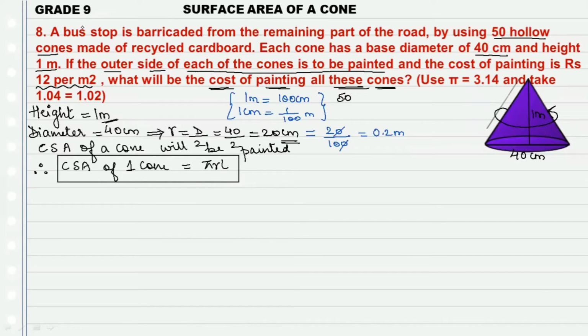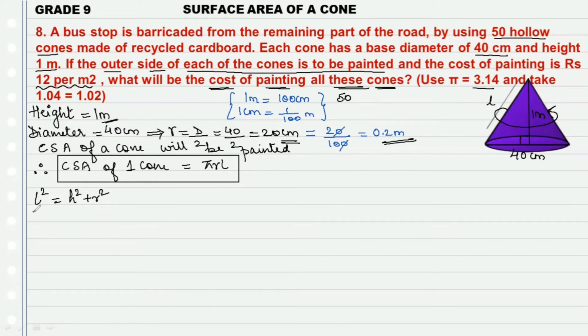But students, look in the formula. We have pi RL. We have the value of pi as 3.14. We have found radius as 0.2 meters, but we don't have L with us. L is your slant height, right? So your first step now for calculation will be to find out the slant height. So slant height square is equal to h square plus r square. This is given by the Pythagoras theorem, as the vertex is perpendicular to the center of the base, and we are getting a right angle triangle.